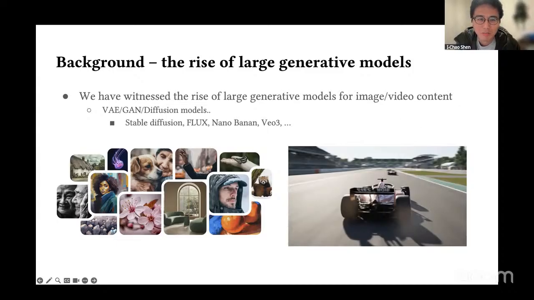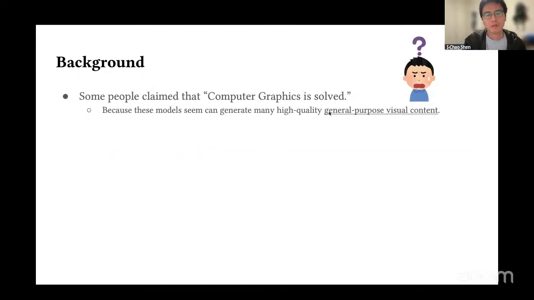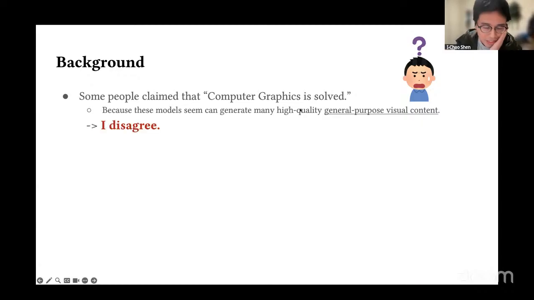With this background, some people I know are saying that after seeing all these new generative models, maybe computer graphics is solved, because all these models can generate a lot of high quality visual content that is basically for general purpose. A lot of people are using them to generate images and videos that you can post on social media. But I disagree with this part,